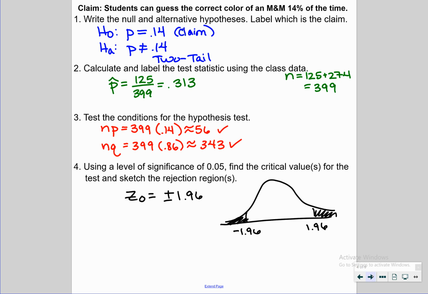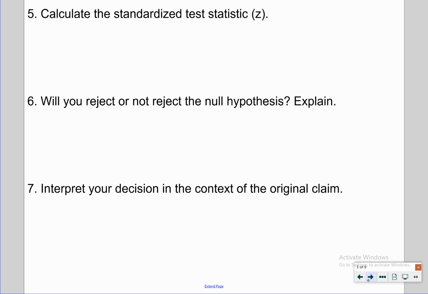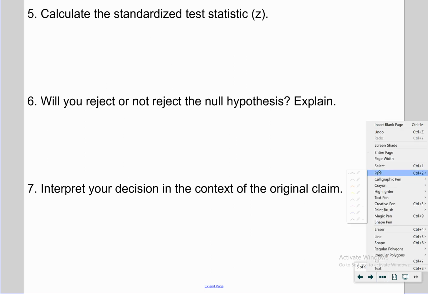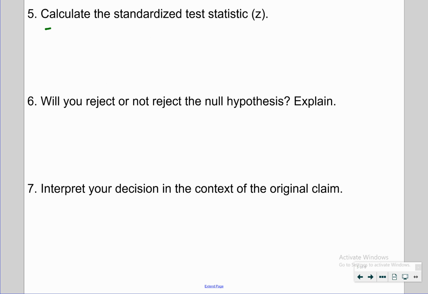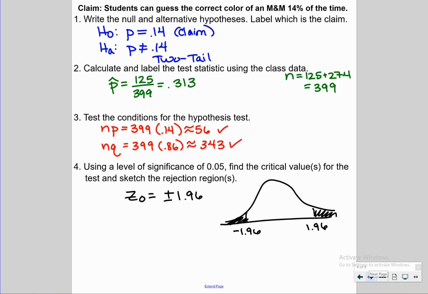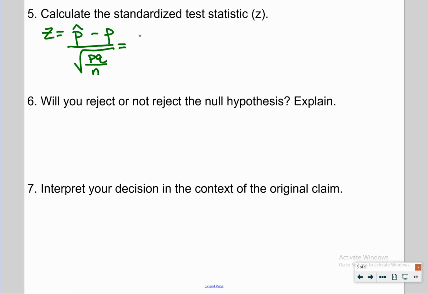All right, continuing on to the next slide on your paper. Now we're going to calculate the standardized test statistic, which is the Z. All right, here's the formula we use. P hat minus P over a margin of error, which is the square root of P, Q over N. And this stuff we've already calculated on the previous page, so I've got to flip back and forth, so pardon me. All right, so P hat was 0.313